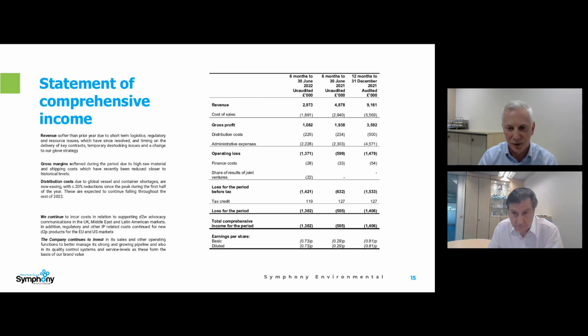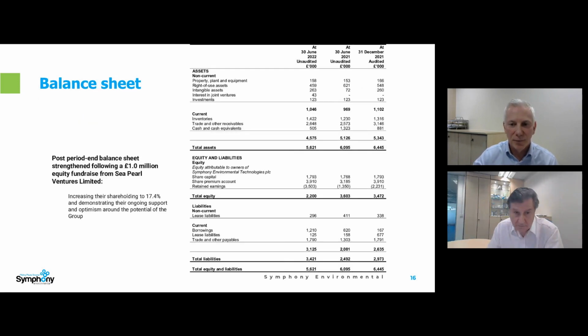You'll see also within there the small 22,000 costs, which is the share of the joint venture costs for the first few months of this year. So the joint venture started trading in February, and we'll discuss that a little bit more as we go through the presentation. So in terms of our balance sheet, really in terms of the strengthening of the balance sheet, there was